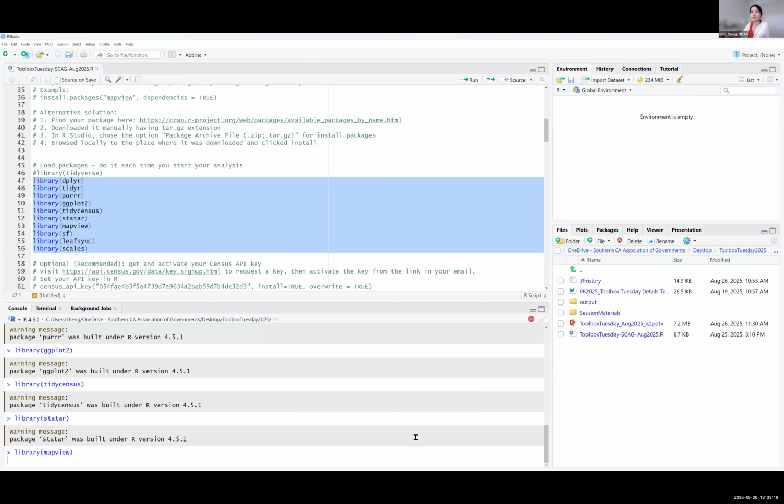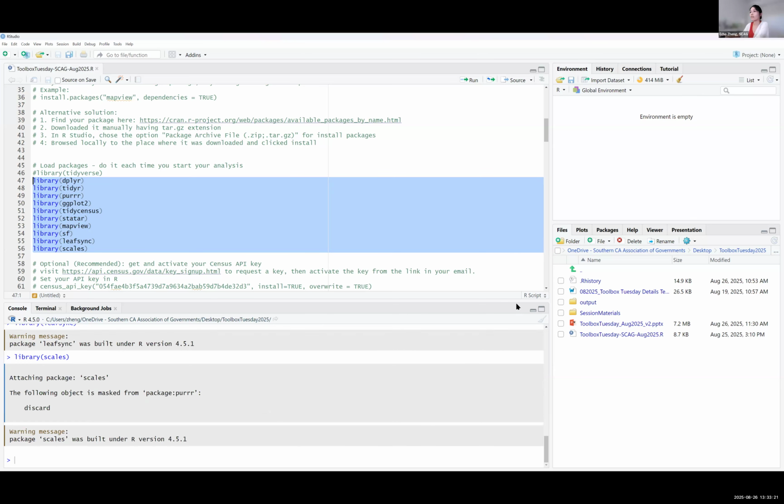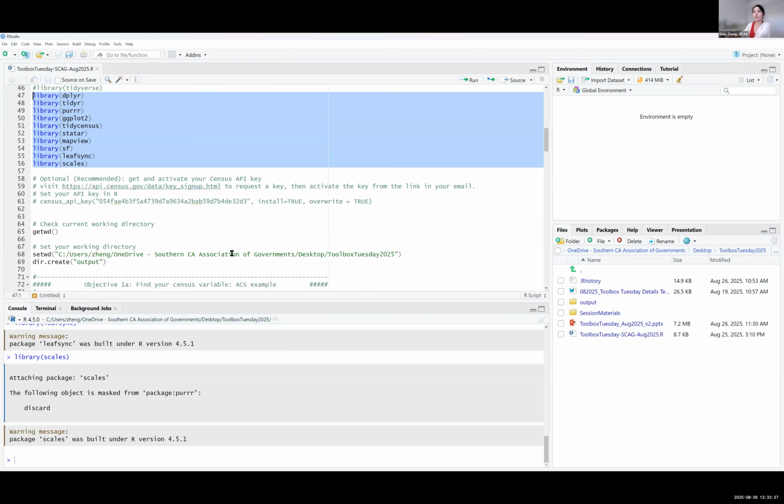It's taking a little bit of time. Okay, all done. When you see the little stop sign here go away, that means it's done. I have some warning messages here and there. As long as it's not an error, that means your script ran.